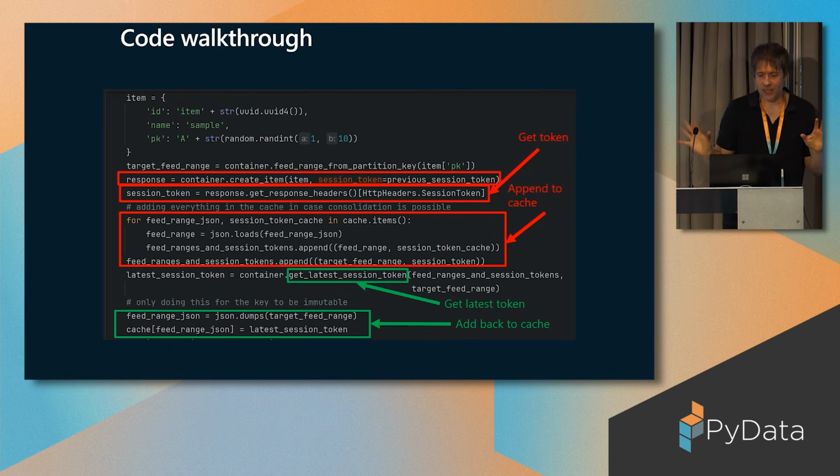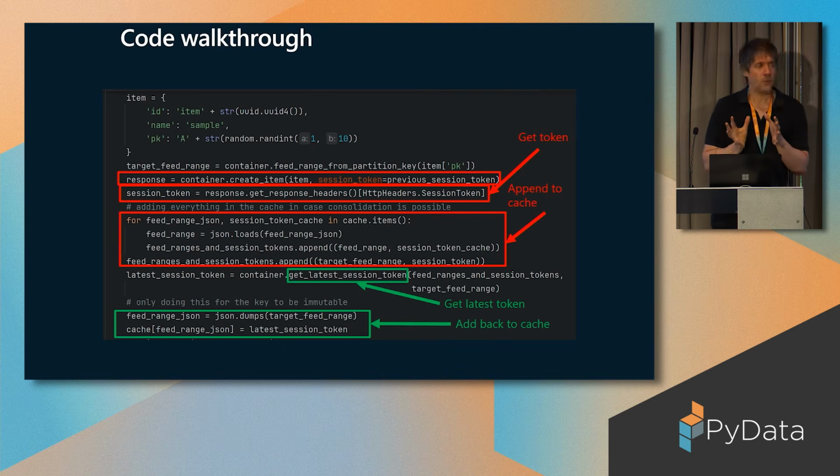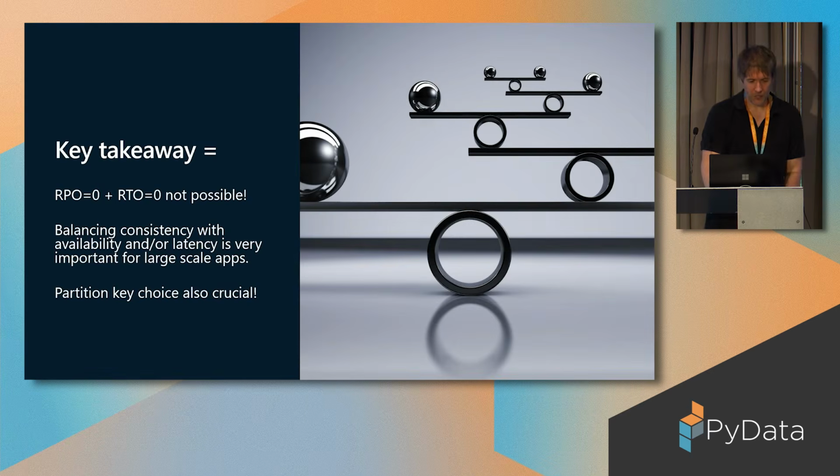I wouldn't expect necessarily many of you or even any of you to be doing this kind of thing, but I'm just trying to make the point that if you really are struggling with wanting consistency in your system and availability, you have to look at each workload in granular detail and make trade-offs. At this level of scale, those are the kinds of challenges that you're going to run into. So key takeaway, RPO 0 and RTO 0 is not possible at the same time.